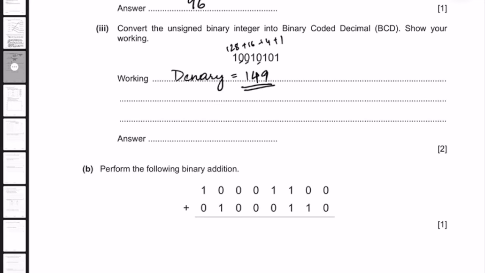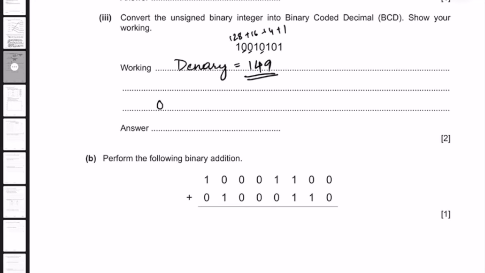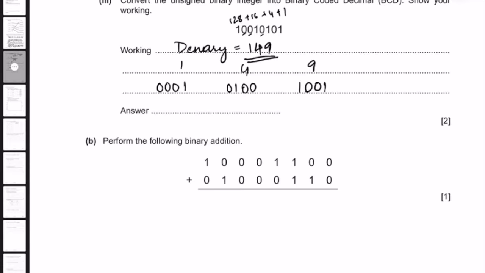So first we do 1. For 1, we have 0, 0. This is 1, this is 4, this is 9. 0, 0, 0, 1, right? And then we have 0, 1, 0, 0. So, yeah, that's correct. And then we have 1, 0, 0, 1. So our answer is,